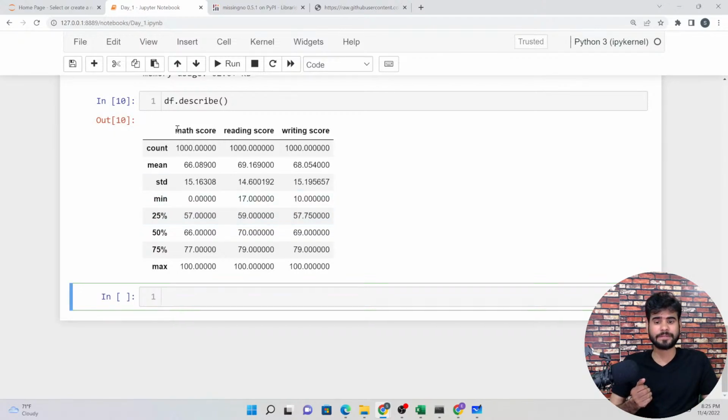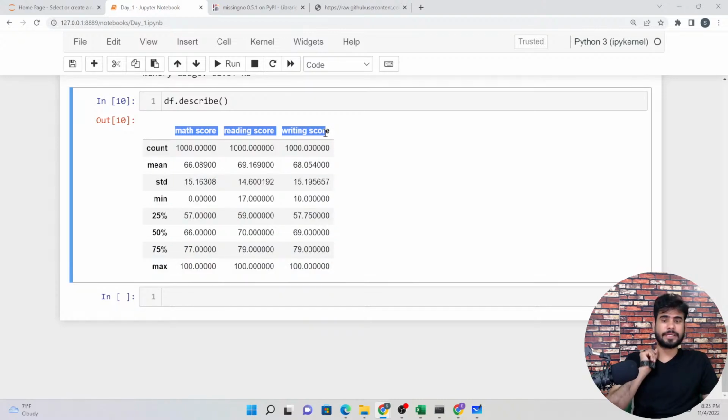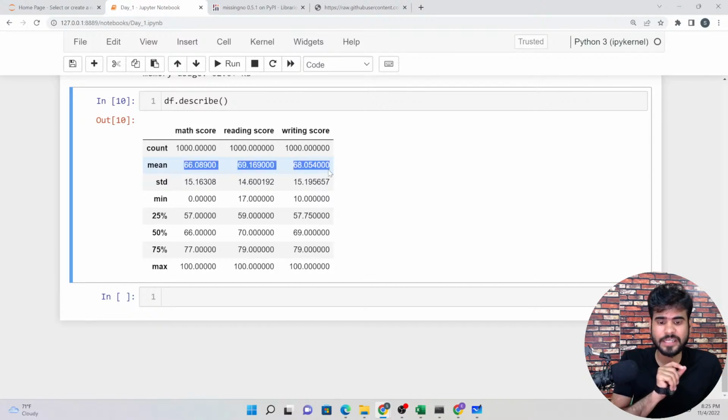The means of the math, reading, and writing scores all look similar and very close: 66.08, 69.16, and 68.06.